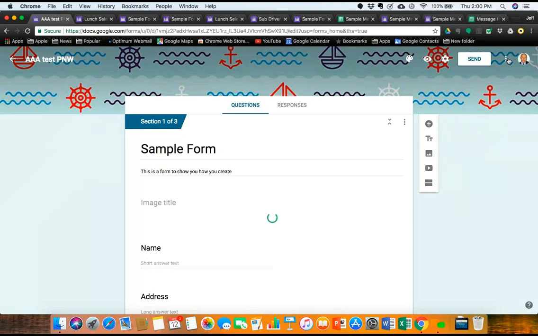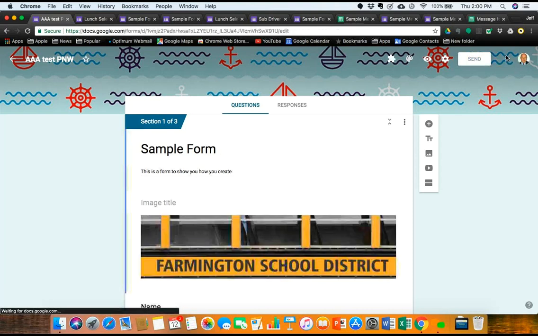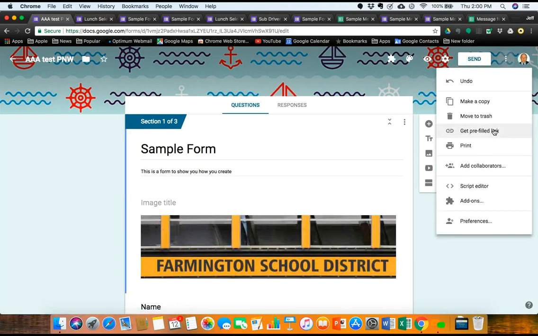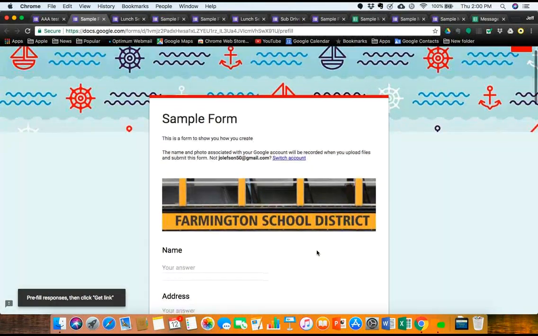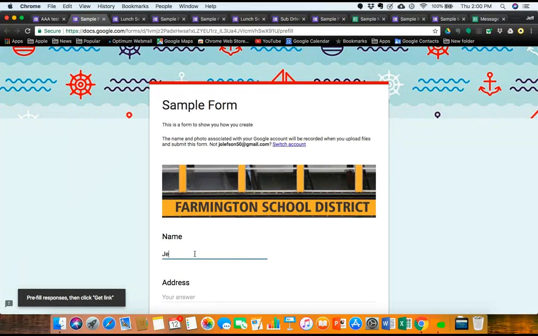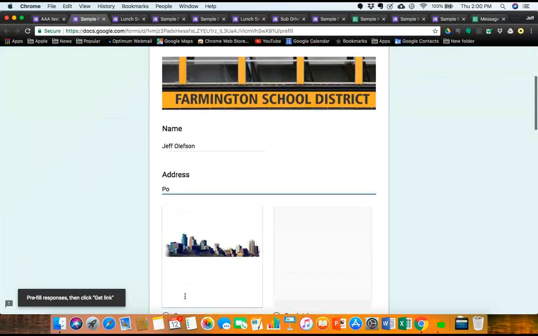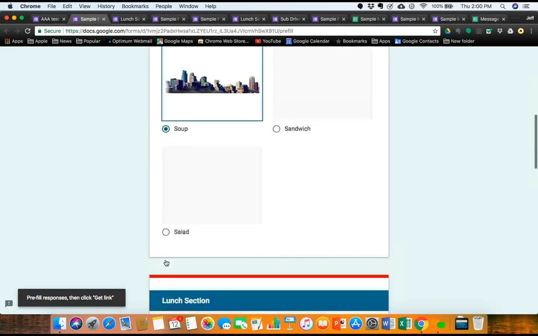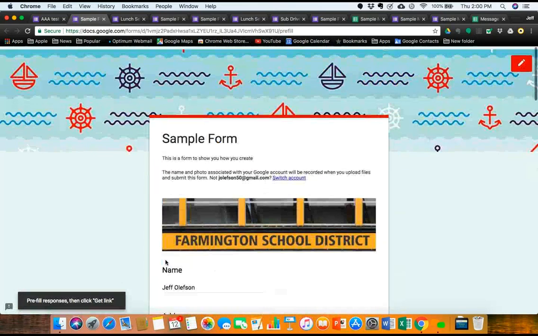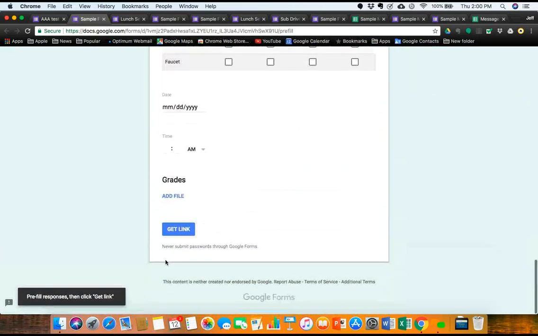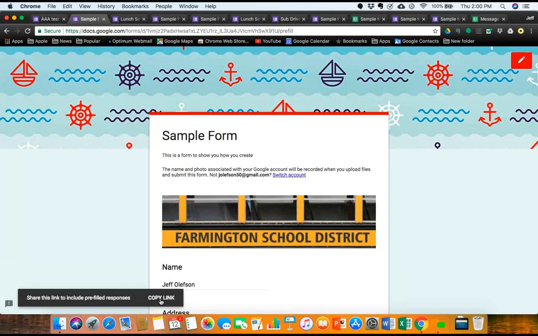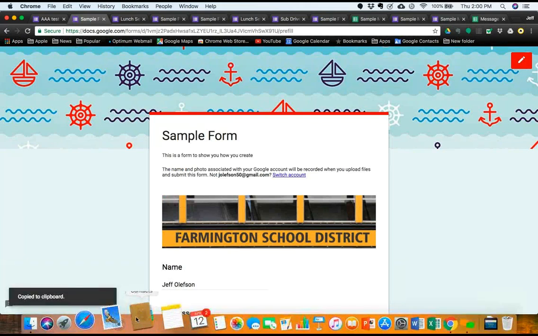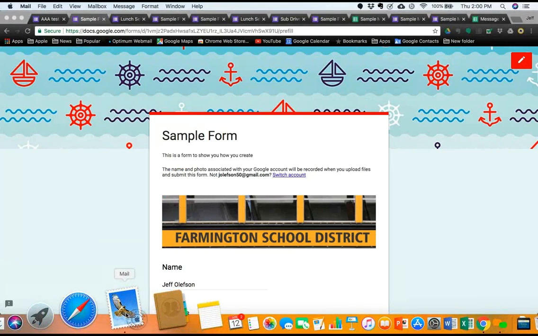You're going to go over to these three dots here, and you're going to say Get Pre-Filled Link. And at that point, you're going to answer whatever questions you want to answer. So I could put in my name and my address. I'm not going to put the whole address. I could have that choice filled in, but there were other things not. Okay? And now it looks like I'm submitting. But when I get to the bottom, instead of Submit, it says Get Link. What it's going to do is give me a link, and I copy that link. And now if I send that person that link,